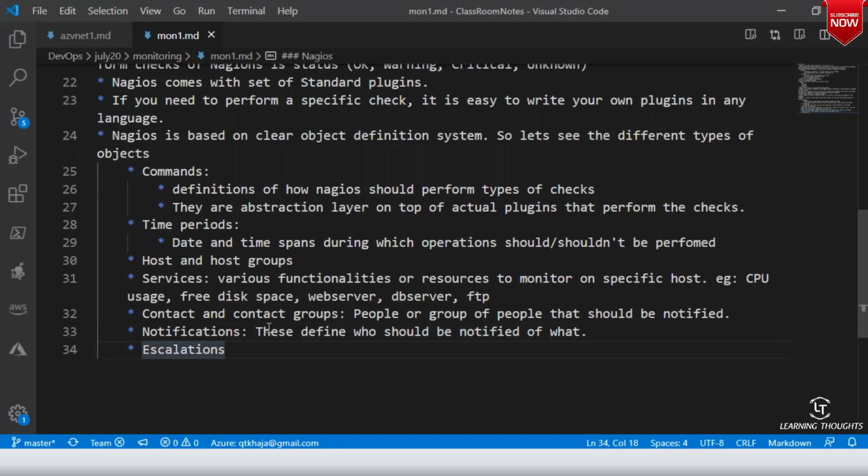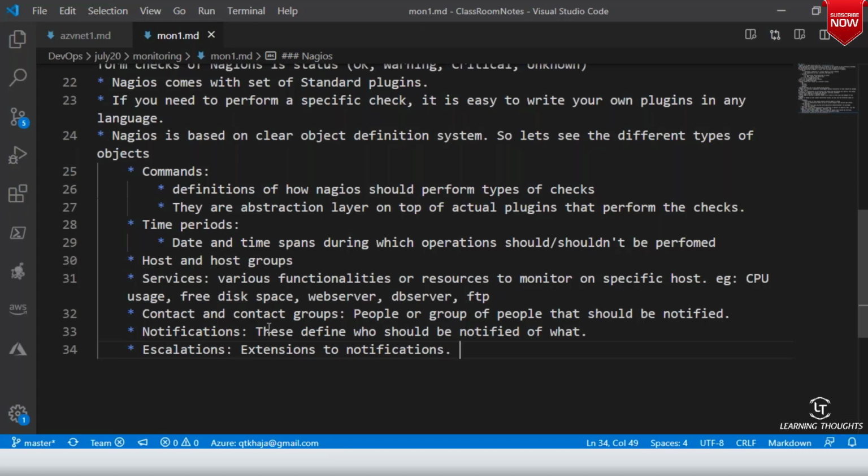And then escalations. Escalations are extensions to notifications. For example, you have sent a notification to the Linux admin saying that your disk space is low. Even after 3 hours, you are not seeing any response. Then you would escalate that issue to their managers, and that can be done.